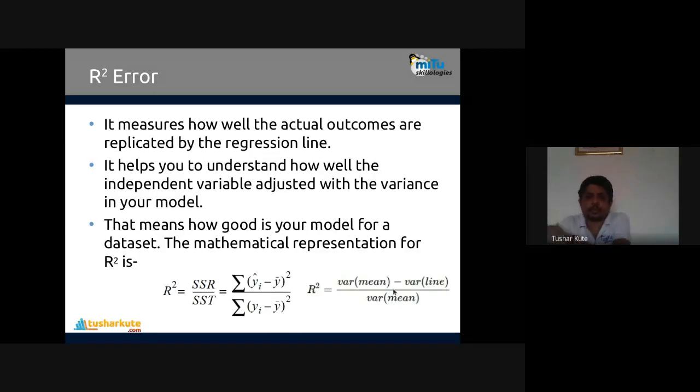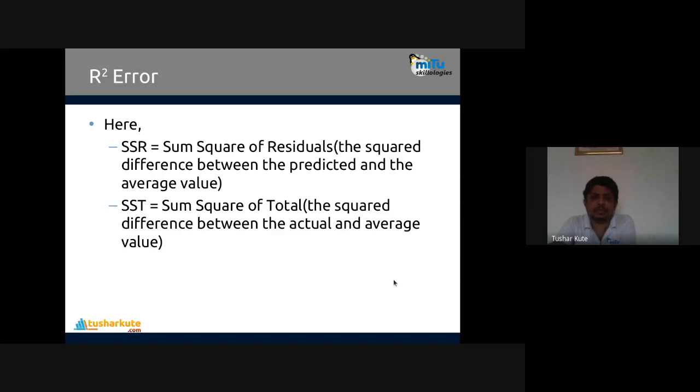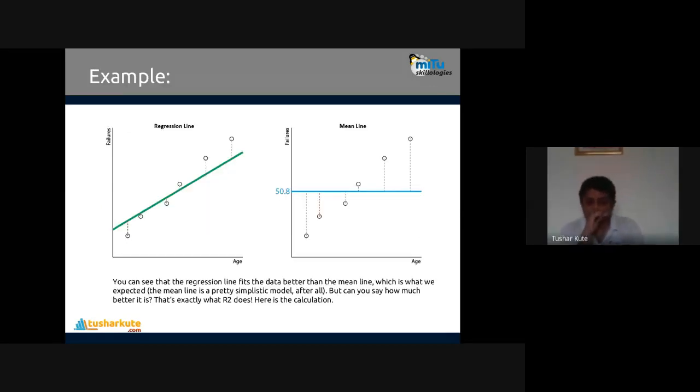So many different terminologies are used, but their meaning is almost the same. SSR is the sum of squares of residuals. Residual means the difference between the actual value and the predicted value. And SST means sum of squares total. The squared difference between the actual and the average value is called the SST. Now see,